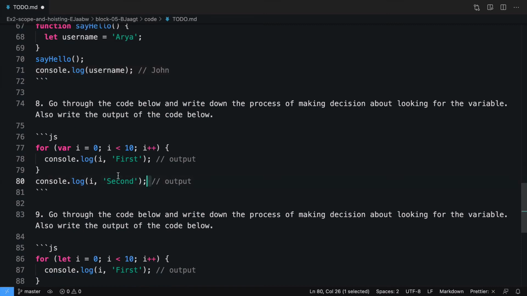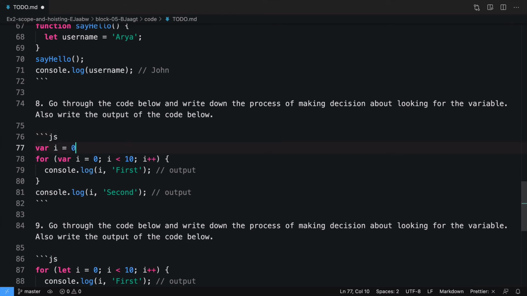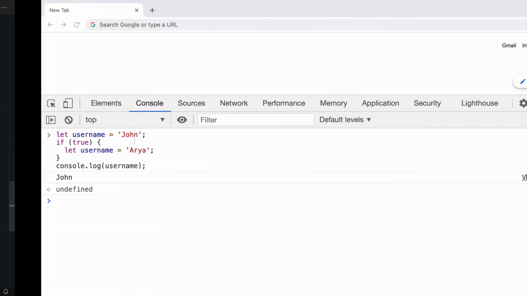Moving on to next, here we are writing a loop, and we are defining the variable inside that loop using var. And we know that var doesn't create scope in a block. So you can think of this var i to be declared something like here, var i is equal to 0. So in that case, the value of i will be the last value. 9 is less than 10, and when you increment it, 10 is not less than 10. So the value of i will be 10. Let's see.